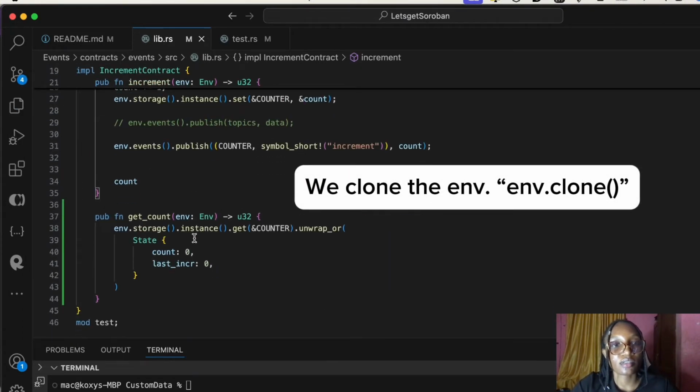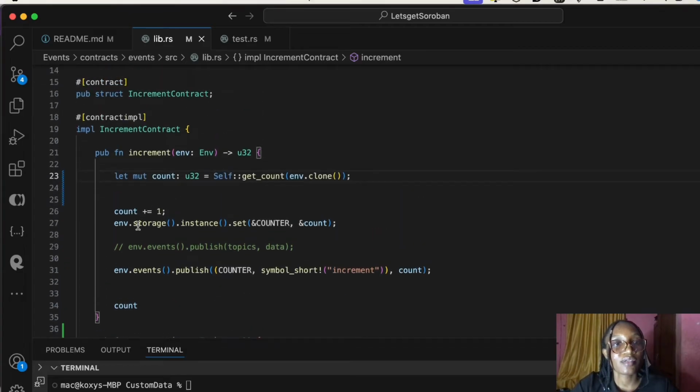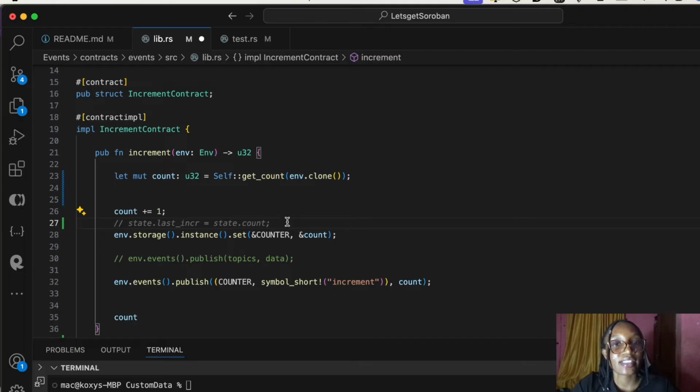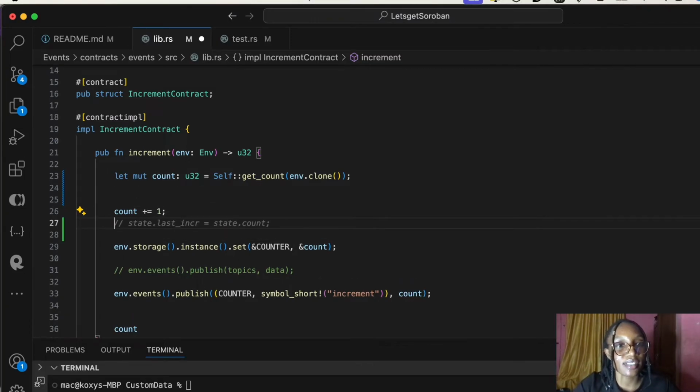We clone this. So after we're done with this, it's already been incremented already. Then we want to get the last increment states. I think this should not be commented out. This will be like this. So it's going to be more of like